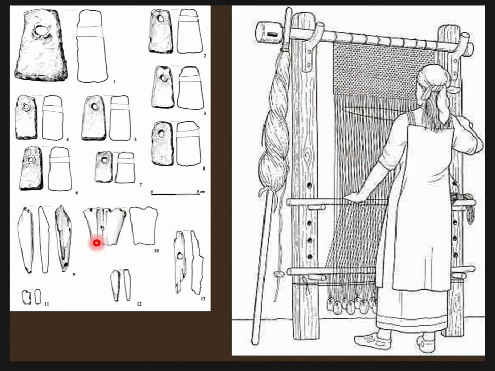What will survive? Maybe some of the bone that was used to tamp down the fibers, and the weights at the end of the weft to hold those strands in place. So those are the things that might survive archaeologically, and those are the things that would indicate to you, if you found them in an area of the site, that textile production was occurring there.